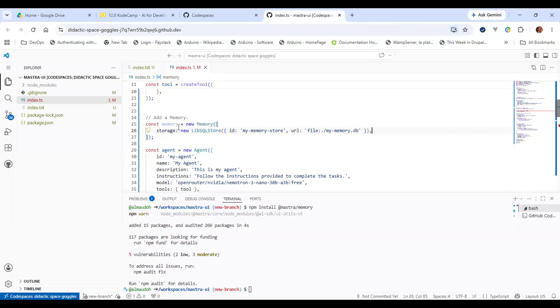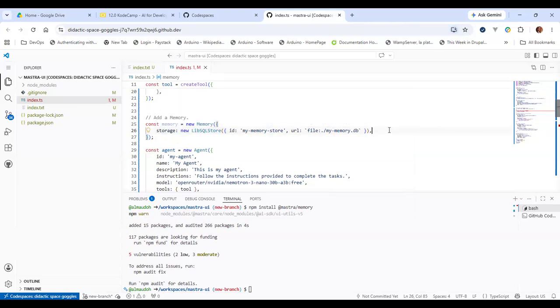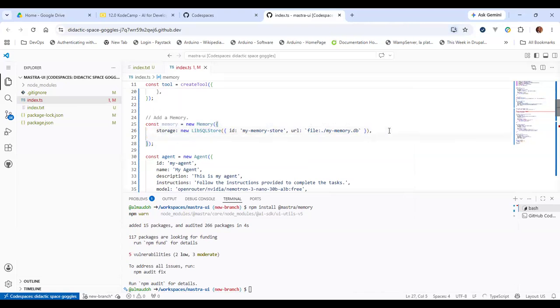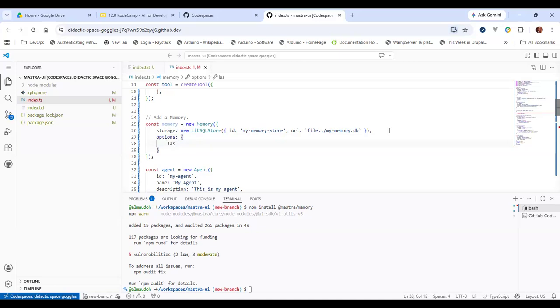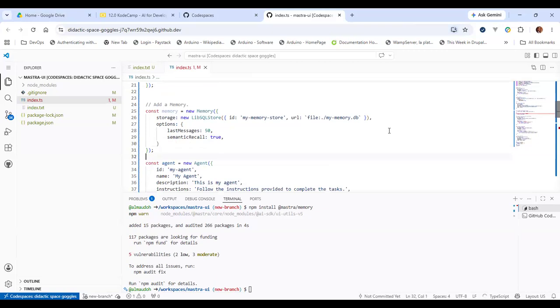So when you are declaring memory in Mastra, you specify a storage. And then the other thing you can specify are options, for example, the number of messages it should keep track of. If I say last 50 messages, that's what will be stored. Then if you want semantic recall, true, then it will automatically have a vector storage.